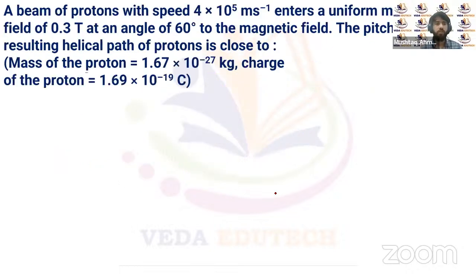A beam of protons with speed 4. This is once again a question asked in the January session. A beam of protons with speed 4 into 10 to the power 5 meter per second enters a uniform magnetic field of 0.3 Tesla at an angle of 60 degree to the magnetic field. The pitch of the resulting helical path of proton is. And we also discussed in the last lectures, the pitch only depends upon